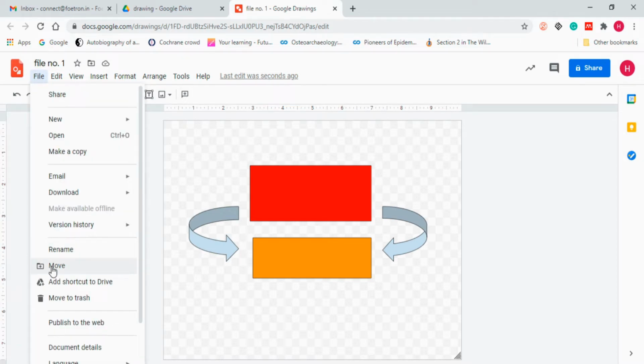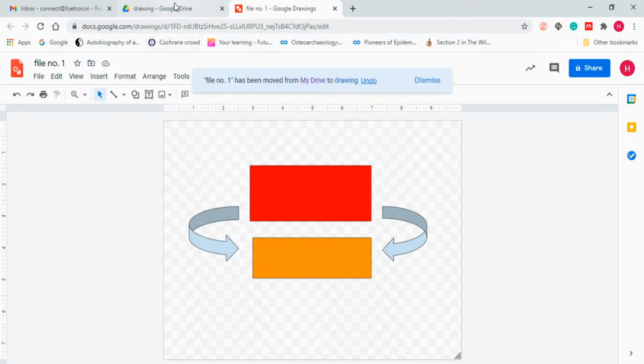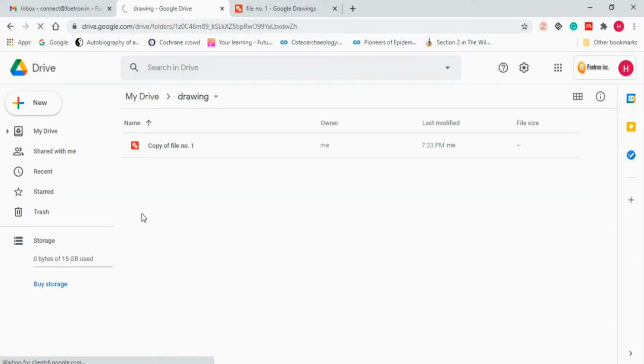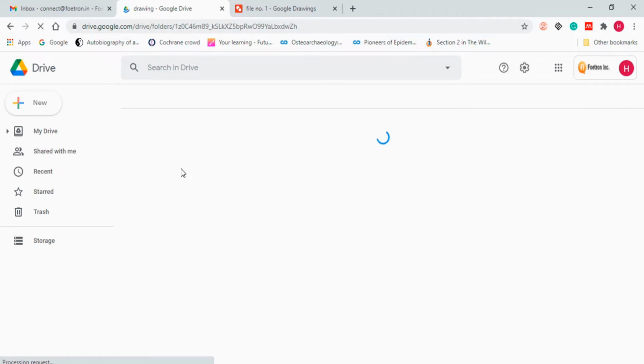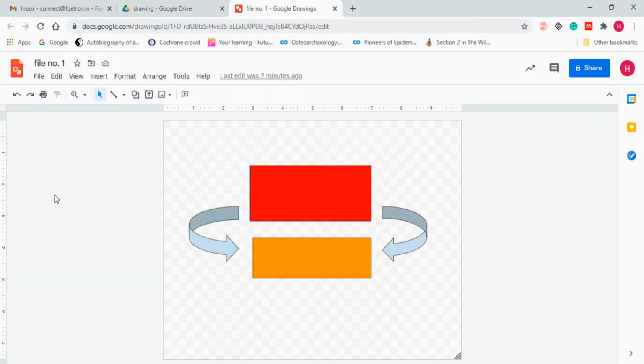After that we have a move option. You can move this file from one place to another. Like if you have just saved it in Google Drive, not in any folder but directly in Google Drive, and you want to shift it to a particular other folder, you can also do that. Correct, directly on move, I want it in the drawings and move, and it will be moved. So if I go into the drawings and I just refresh it, you will be able to see two things, because I just moved my file number 1 into my drawings. So it won't take more than a few seconds. Now you will see two files, because I just moved my file from normal Google Drive without any folder into the folder which I just made for drawing.